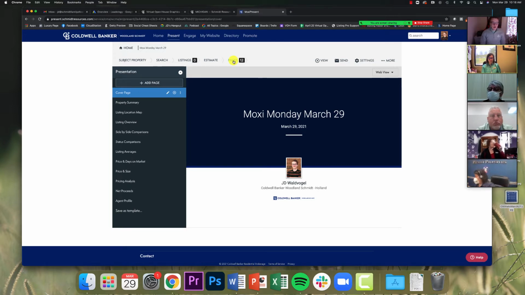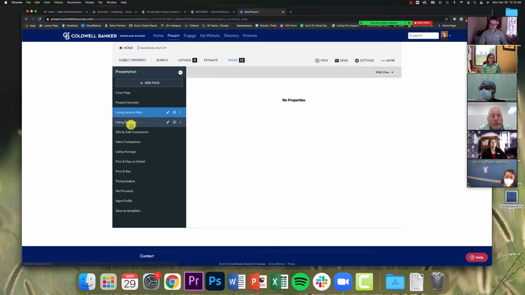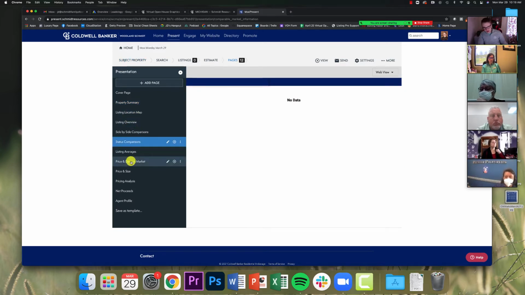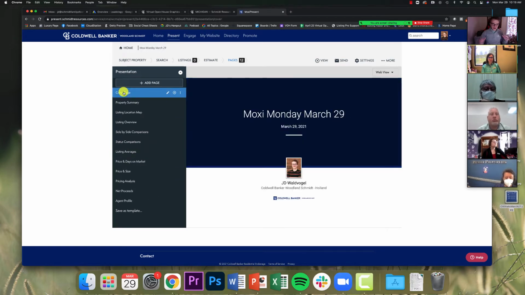So, like I said, what we're talking about are custom pages. Custom pages in general basically mean anything that is not a preloaded Moxi slide. All of these slides that you see here, your comparisons, your graphs, those are all from Moxi. With the custom pages, there are 2 things we're going to look at. One of them is something that can help add a little bit more